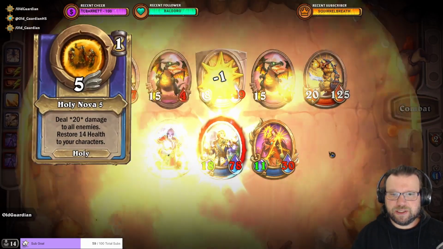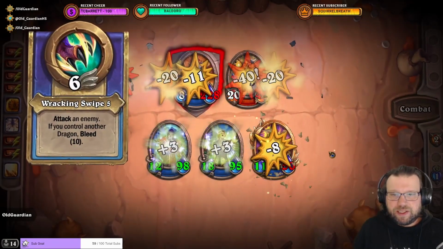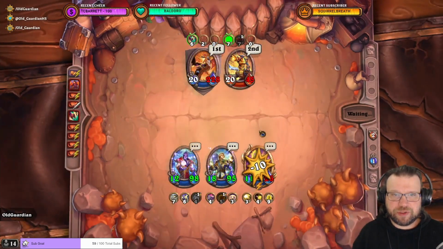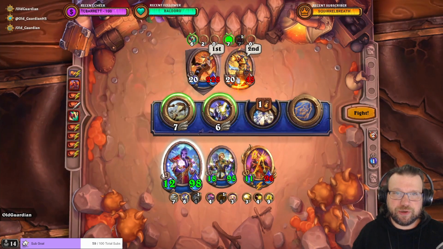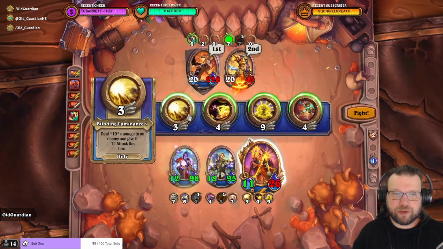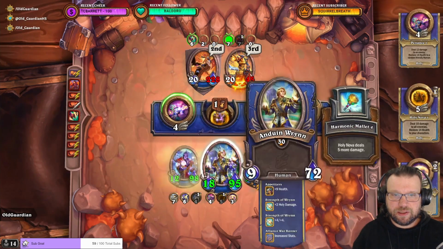Luminance on the Onyxia, then the double Nova, which conveniently takes out much of the others. And now that didn't leave Onyxia with as much damage anymore, which is good. So Shadow Flame again, 45 health there. Onyxia attacking again, so I still need to Blinding Luminance the Onyxia. And then